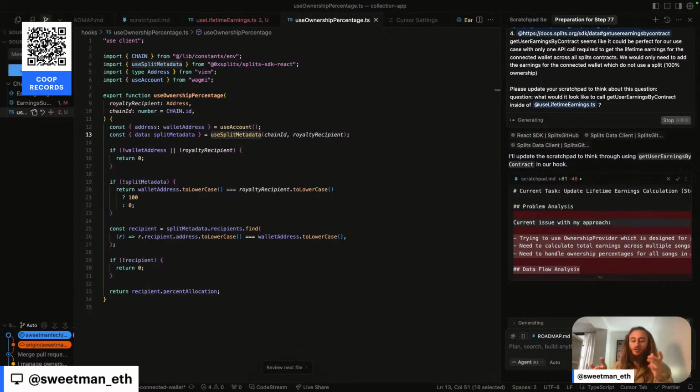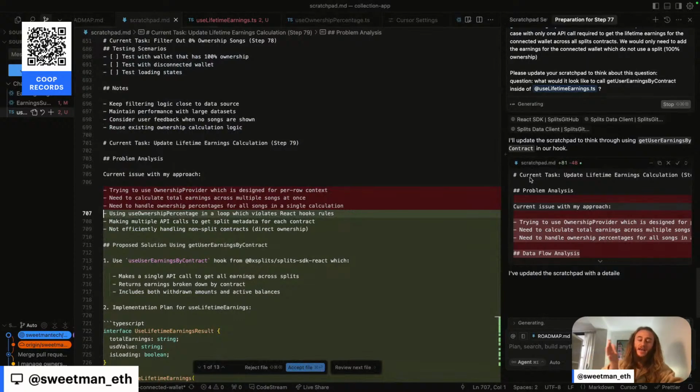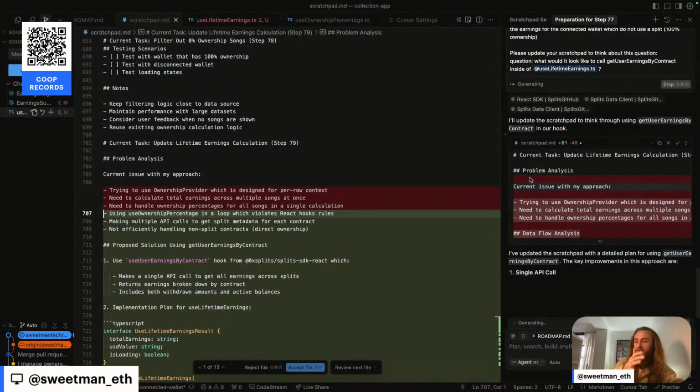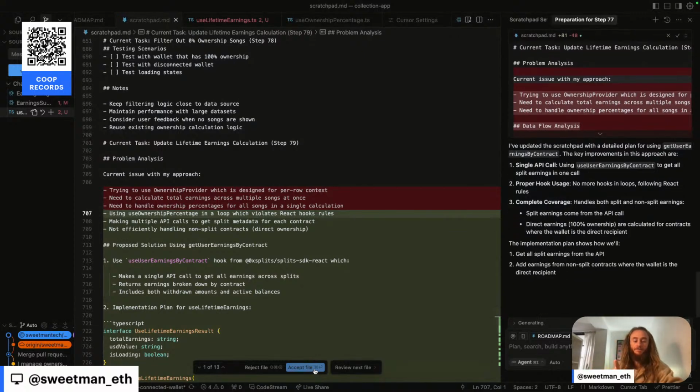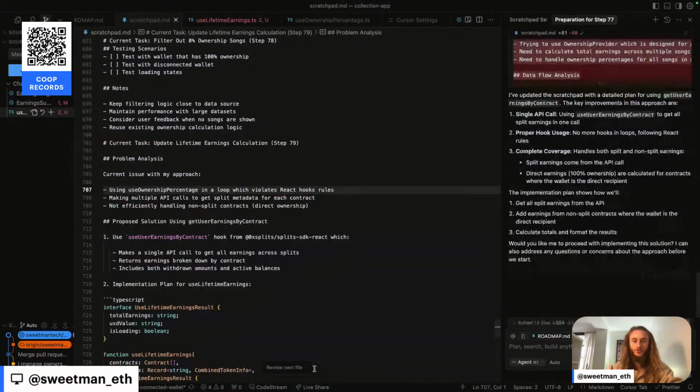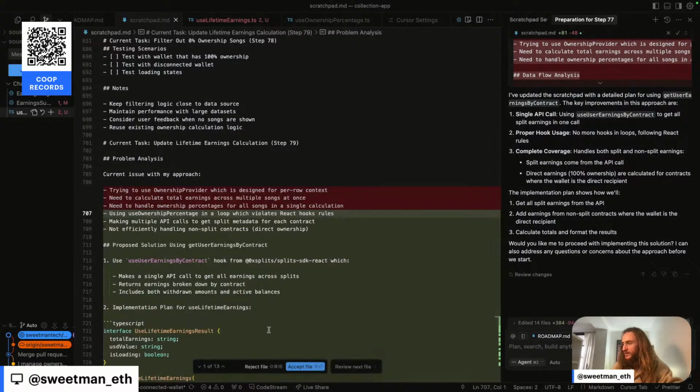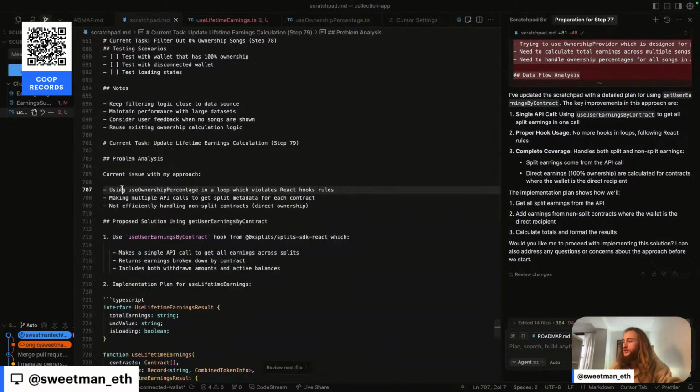This LLM is a very raw level of intelligence. Whenever it starts to go off track, I just use my hand, spend a little bit of energy, push it back up so that it can get its balance again. And then once it's able to get correct footing, find its balance, come back to its bones, it's then able to proceed. All right. Current issue: using a hook in a loop which validates rules, making multiple API calls to